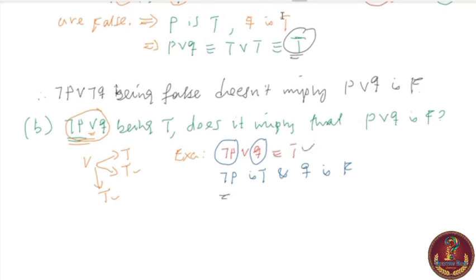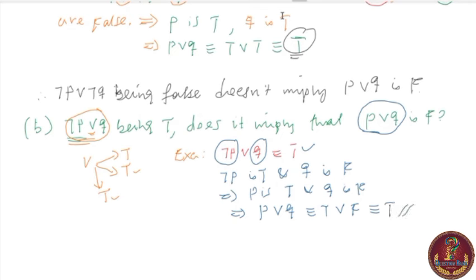So this implies P is false and Q is false. Now we come to P or Q. What do you have? P or Q is equivalent to P is true and Q is false. So what do we have here? By the law of disjunction, we have a true